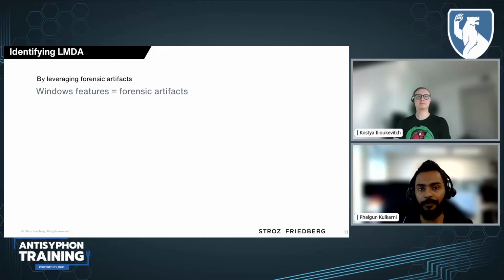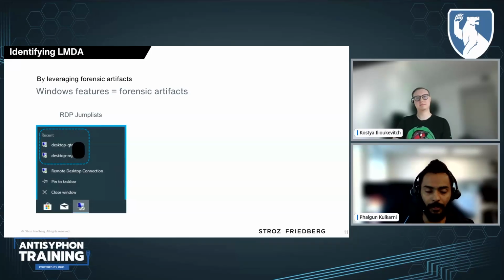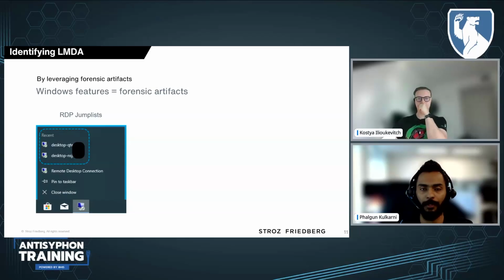All right, so let's see how we can identify Lambda evidence. Basically, we use Windows features as forensic artifacts. And when I say Windows features, I mean, for example, if you use RDP to remote into other systems, and if you right click on that icon, you may get a list of systems that you commonly RDP into, and that is called